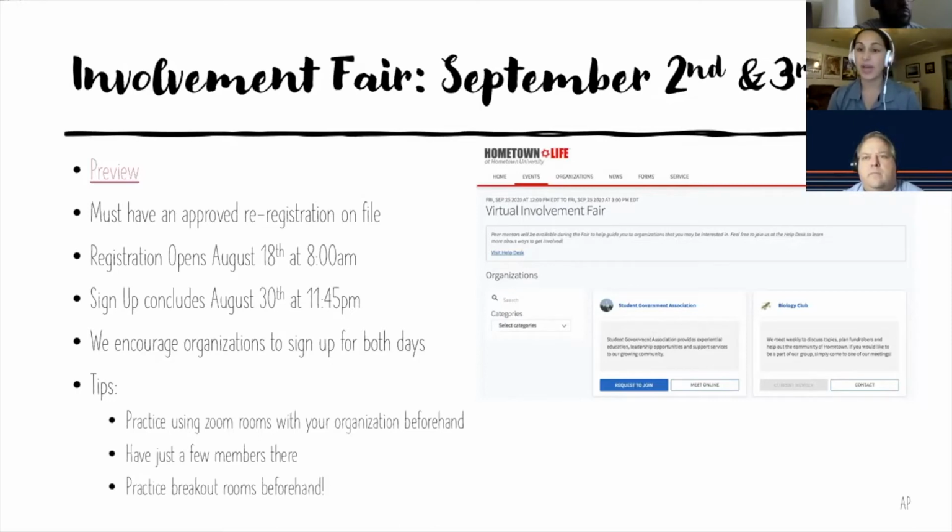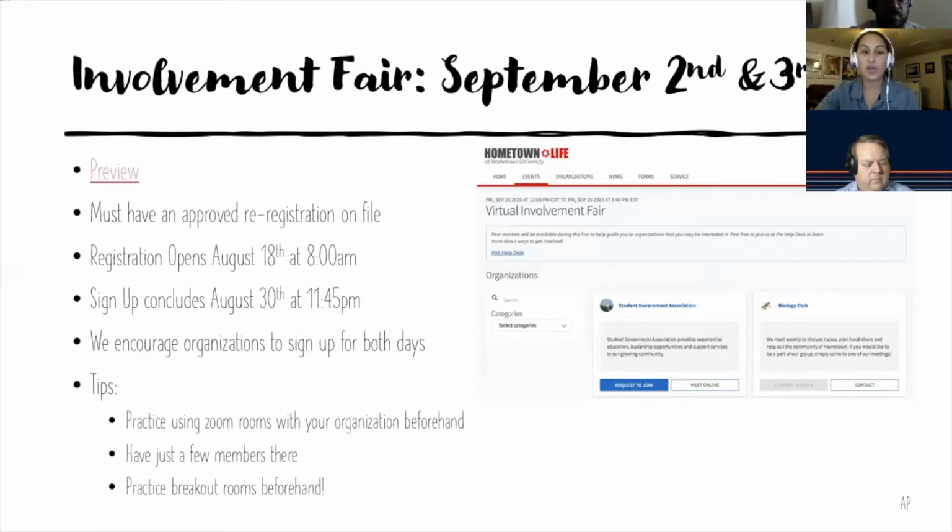Some things to start looking into are Zoom rooms. As you can see in our PowerPoint, SGA has a Zoom room, so they can meet online with the attendees. But the biology club says, no, we just want to let people know we're here. Here's a way that you can just contact us. So you don't have to meet online if you don't want to, but I think you may be missing out on some potential interaction with students.